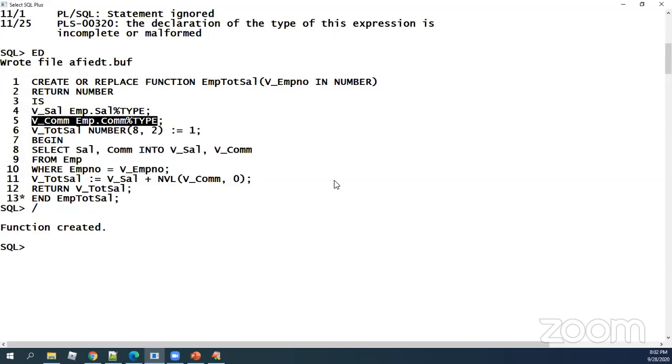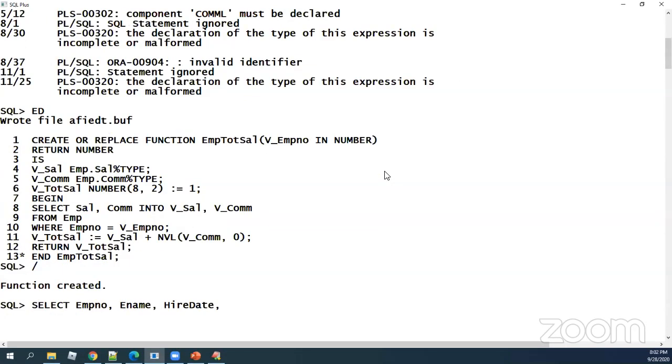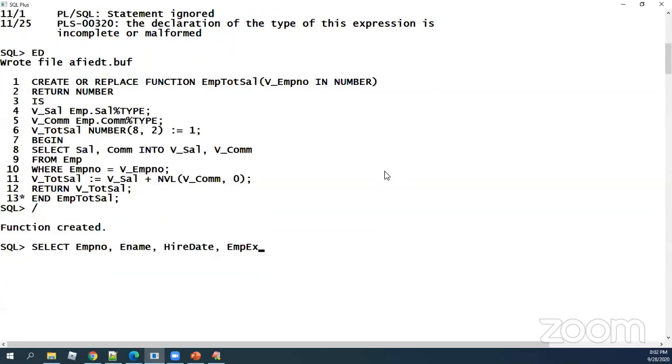Now, once this is done, I can always say select. I'm saying employee number, comma, ename, comma, hire date, comma, I'm just calling the employee experience 7566, and then I'm saying EMP EXP, then I'm having my salary, comma, commission.